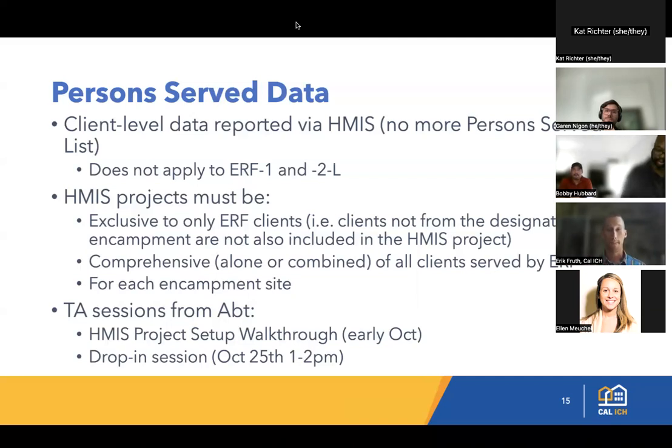APT is going to be giving a more thorough walkthrough on setting up projects in HMIS properly the week of October 9th. Date and time is still TBD, but it's going to be forthcoming, so look out for that, and we'll send it as soon as possible. So definitely strong recommendation. Have anyone you think you might need to hear about HMIS reporting there at that walkthrough to be able to ask questions and get all the info that you need from APT.